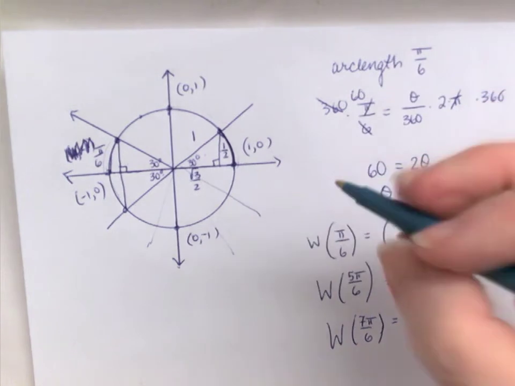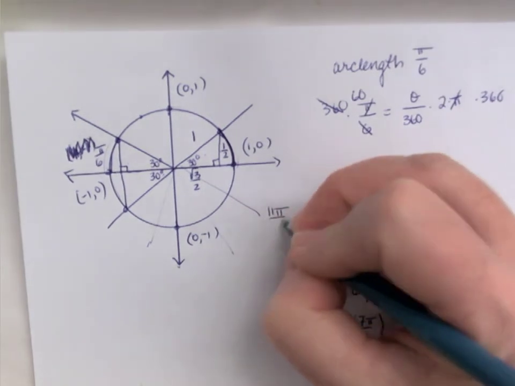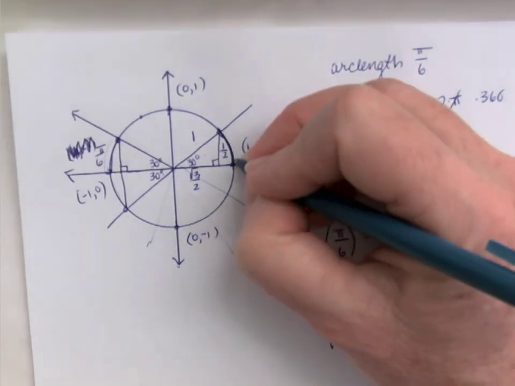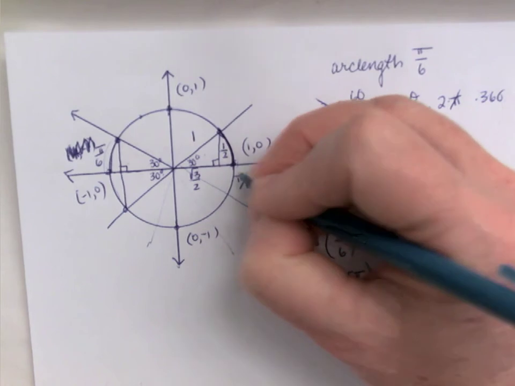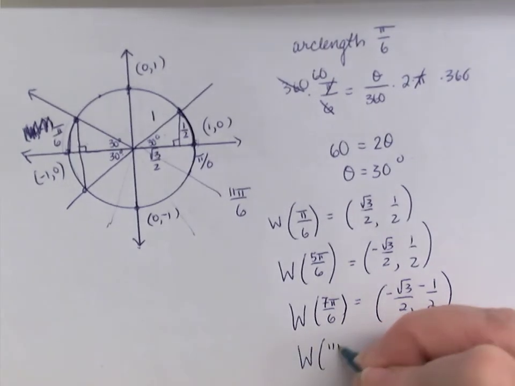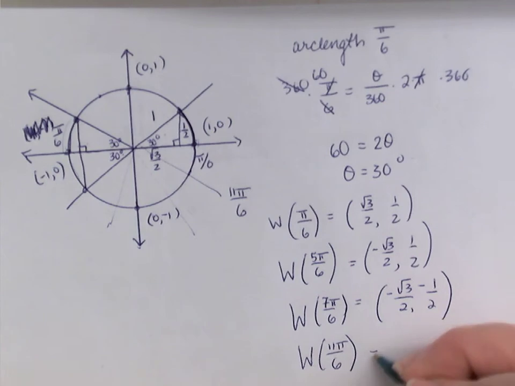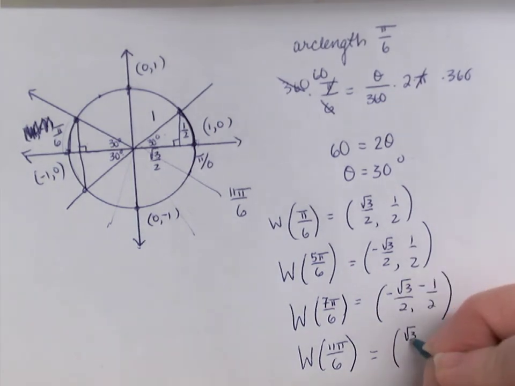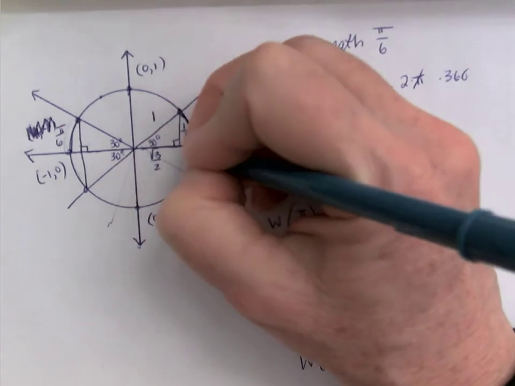11π/6 brings me just shy of 12π/6. So I have an arc length right here of π/6. So 11π/6 is going to leave me with the rectangular coordinates positive root 3 over 2, because I go over and down,